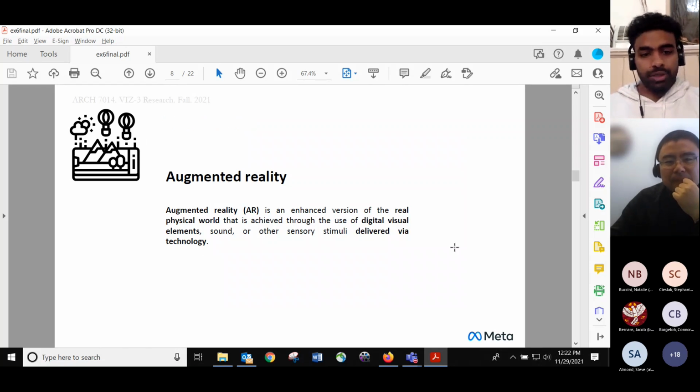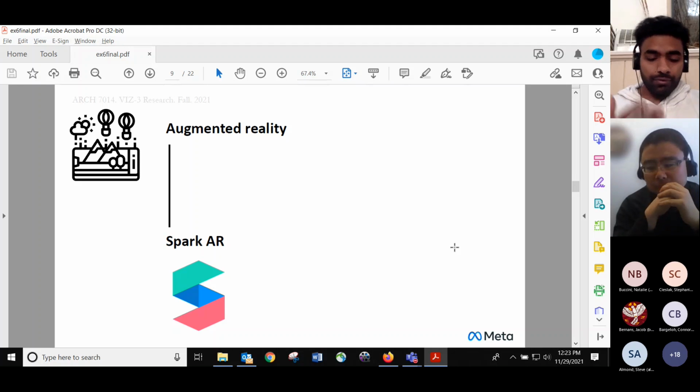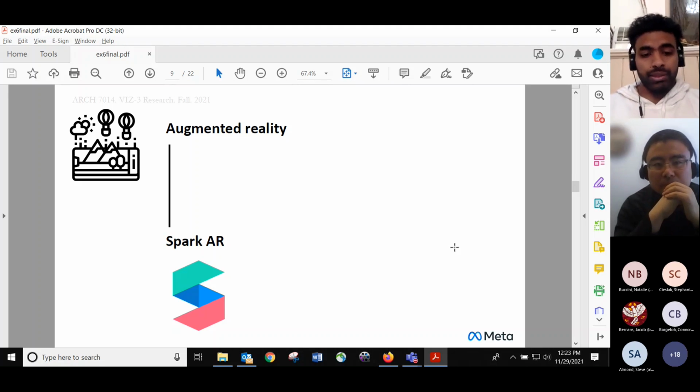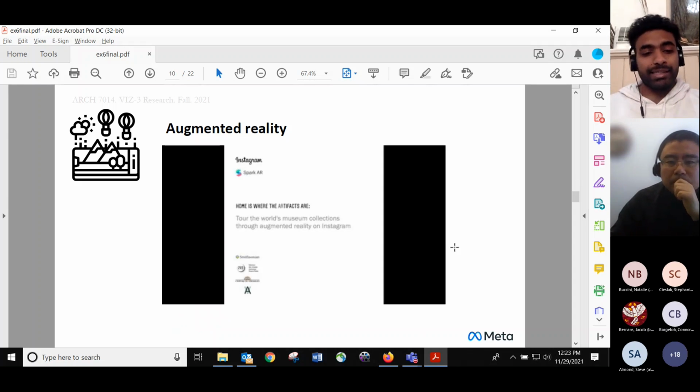Yep. Moving on. The next comes augmented reality. Augmented reality is a bit of an advanced version where it's trying to amalgamate the real world with the technological advances of 3D modeling that we see today. So I'll be delving deep into what augmented reality is and how it can affect architects and designers in the present world. So Meta has collaborated on its side of augmented reality with a software development company known as Spark AR. Moving on, Spark AR has released how augmented reality has started to become one of the